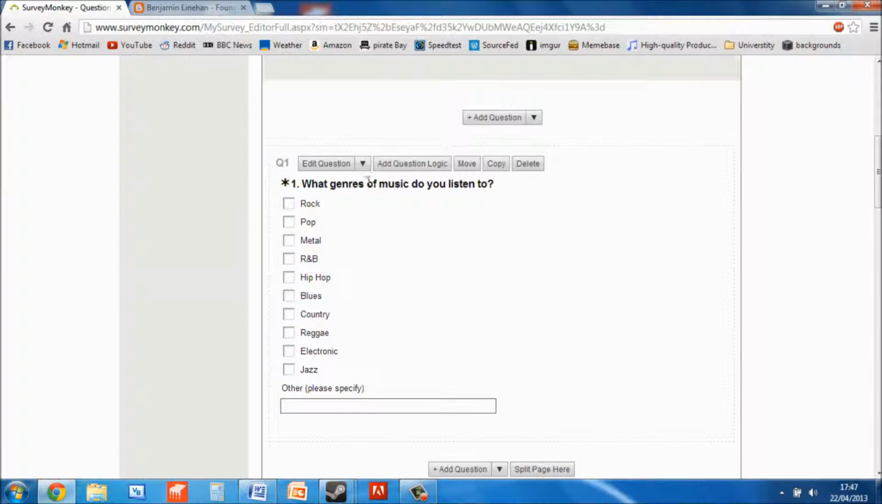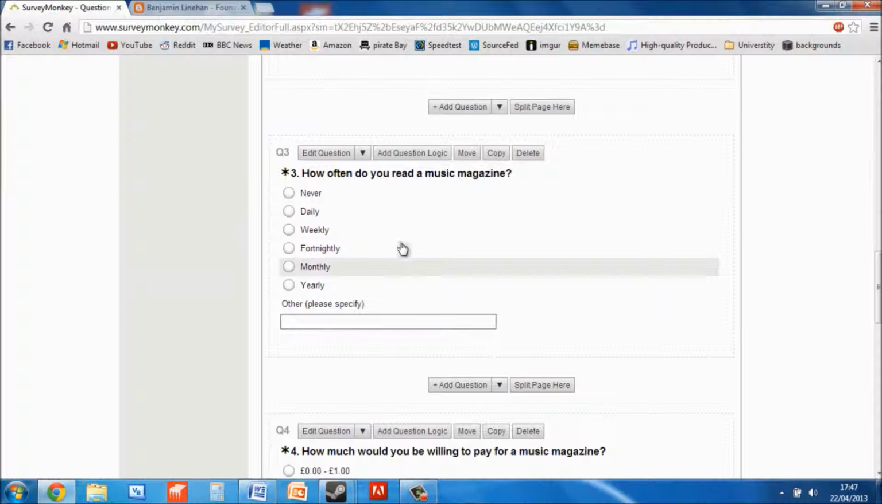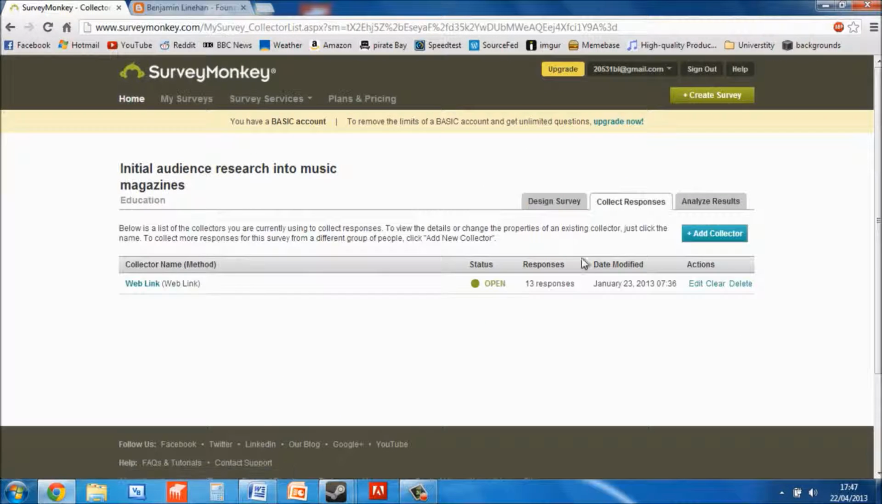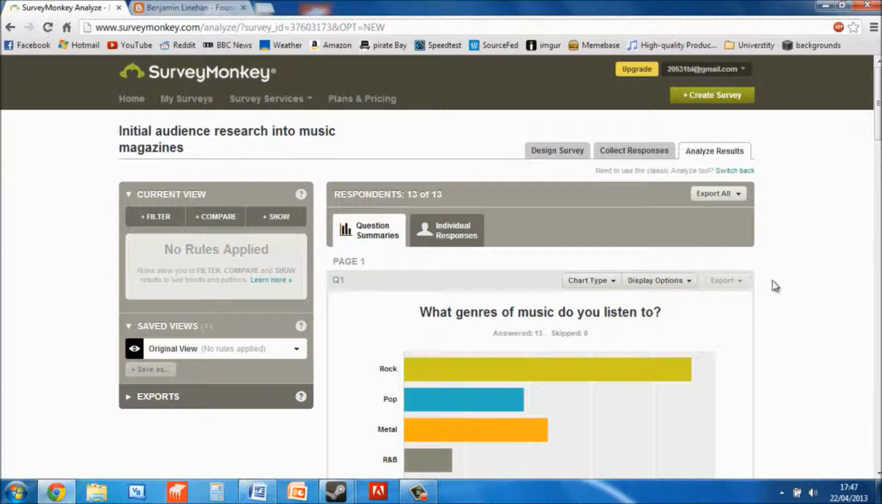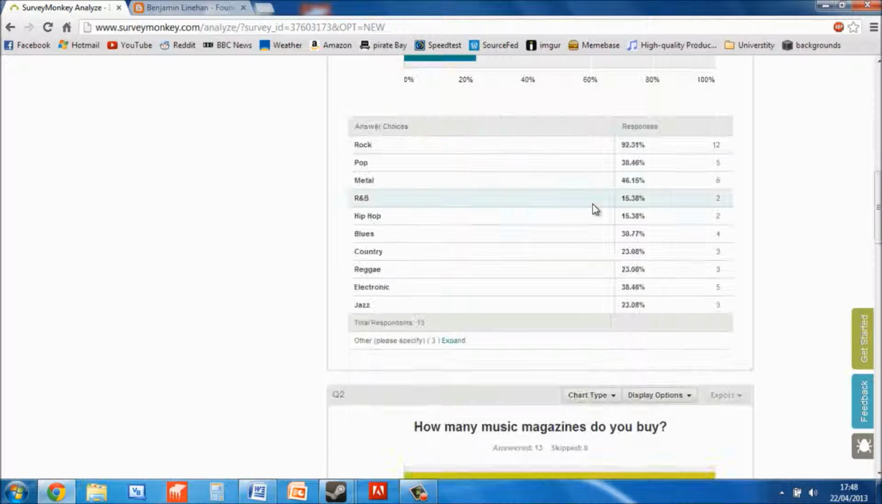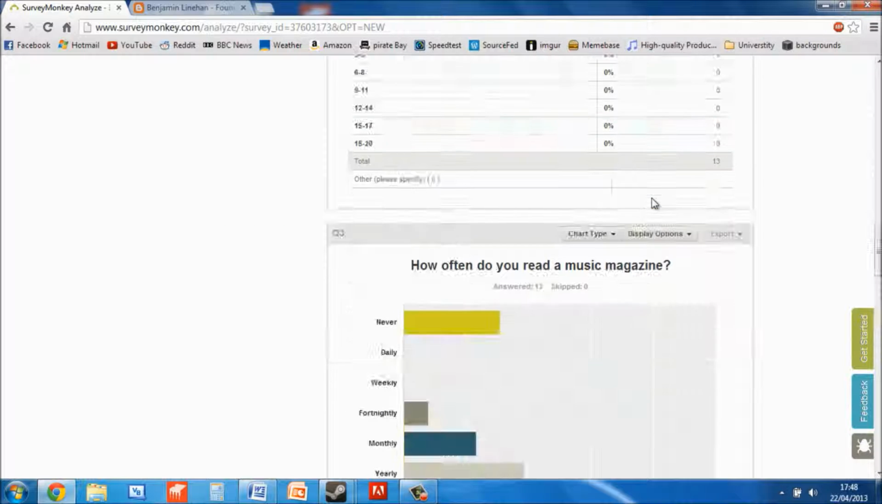a survey like this. You can add questions, do all of this sort of stuff, and then you can see how many responses you've got, and then you can analyze the results, which is really helpful. So here is a question: what genres of music do you listen to? And it showed how the percentages of people that answered who liked what genre of music. And you can do this with each question, and then